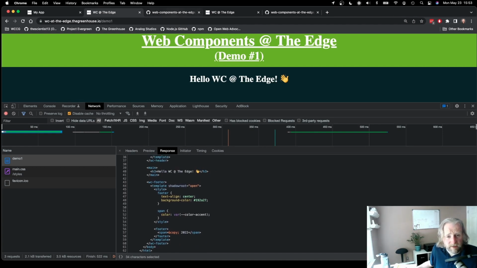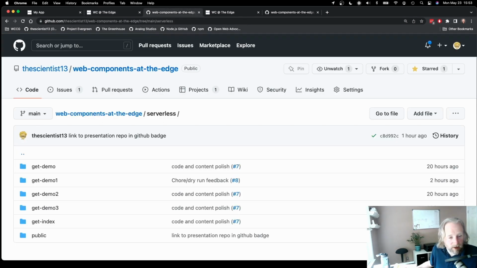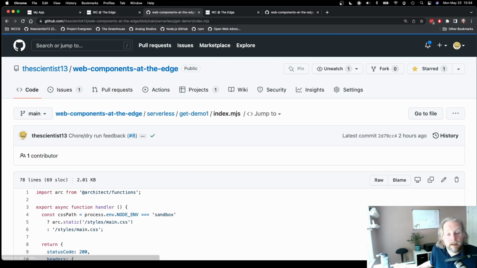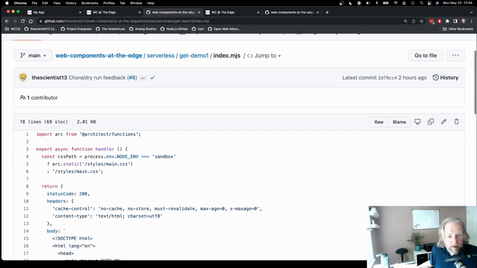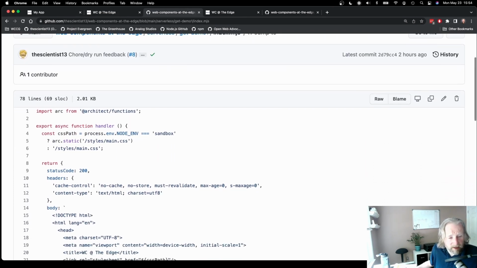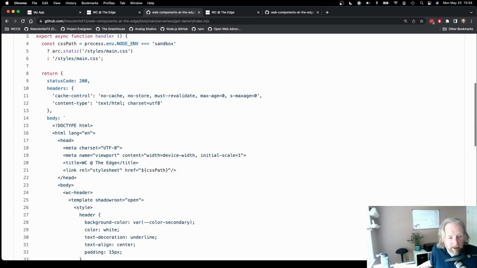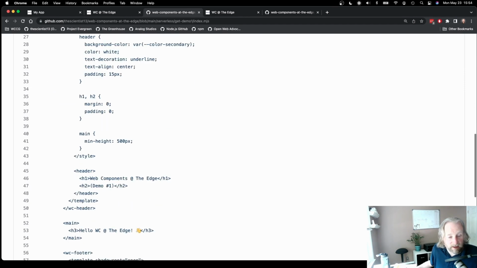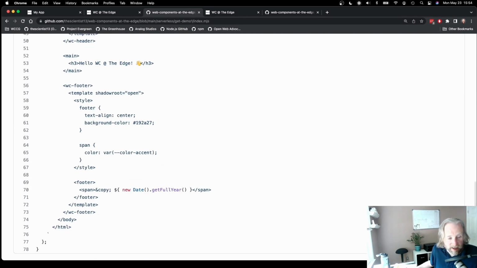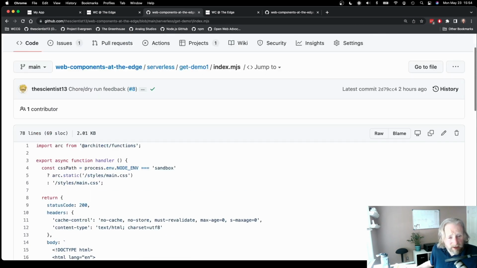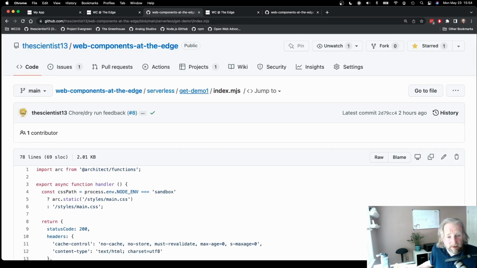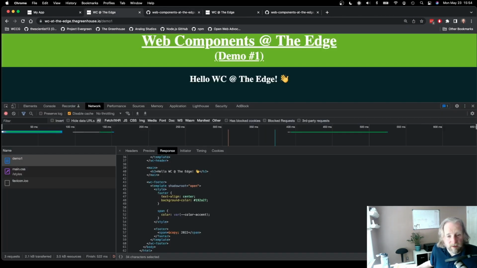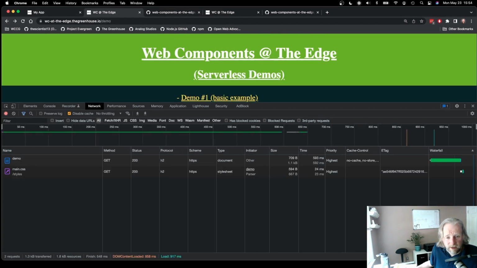So that's pretty neat. Let me just show you a quick example of what that code looks like. So like I said, it's all hard-coded, but here's what our function looks like. So we're just sending it back as HTML. And yeah, just hand crafting it all out, just as you saw in the network tab. Okay, so that's a basic example. That's fun to kind of see it in its plainest form. But let's do something a little more